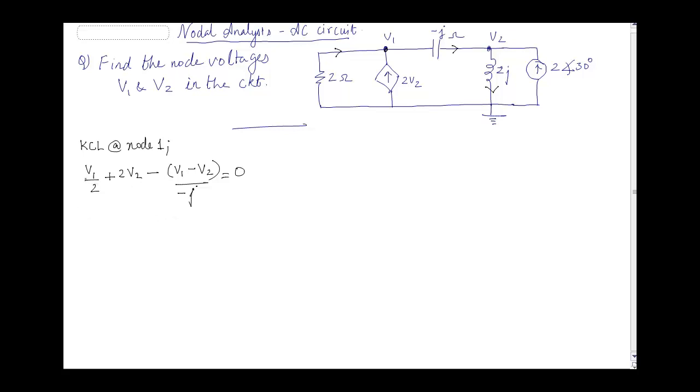For example, 1 by 2 we know is 0.5, so 0.5 V1 plus 2 V2 minus, now from the denominator minus j, when it goes to the numerator it becomes plus j, so it is j V1, and this minus, when it goes inside the bracket, it becomes plus j V2 is equal to 0, arranging which we can clearly see it is 0.5 minus j V1